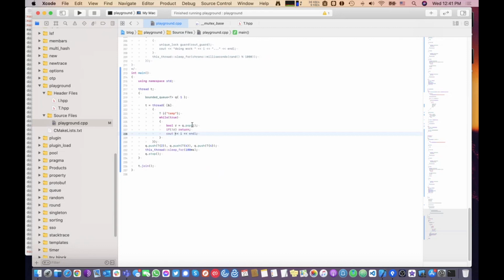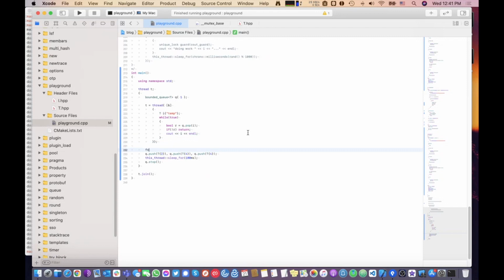So nothing really has to change here. I'm just going to try to pop it and print it. But then the trick will be,